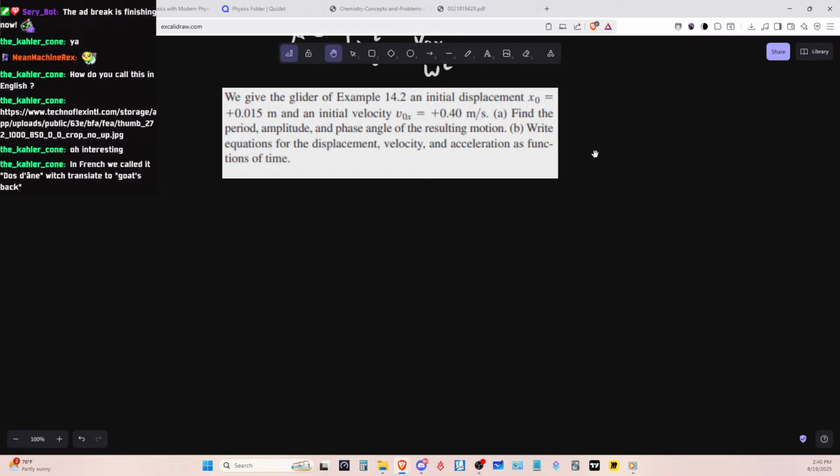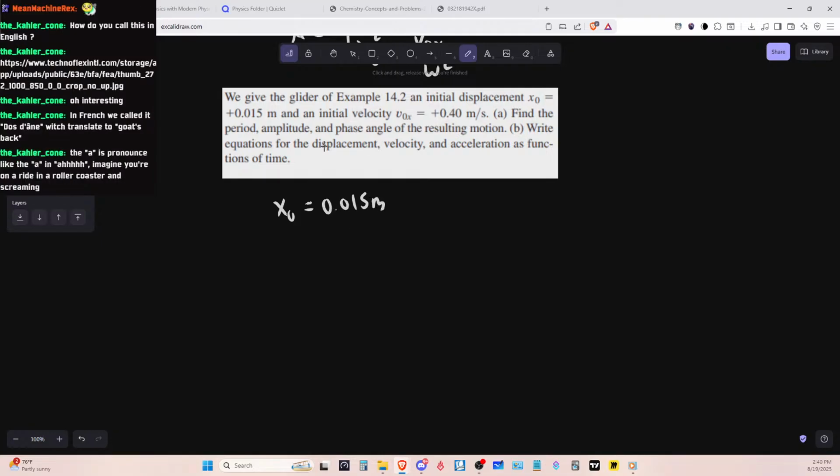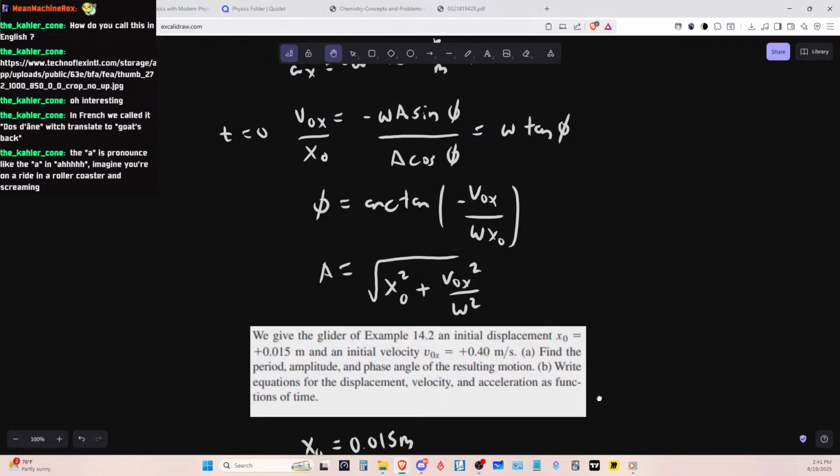Okay, so the knowns we're given are x naught is positive, and the v naught x is 14 point, oh no, what am I saying? It's 0.40. Okay, so I think that should be enough because in the equations we have here, yeah, we have